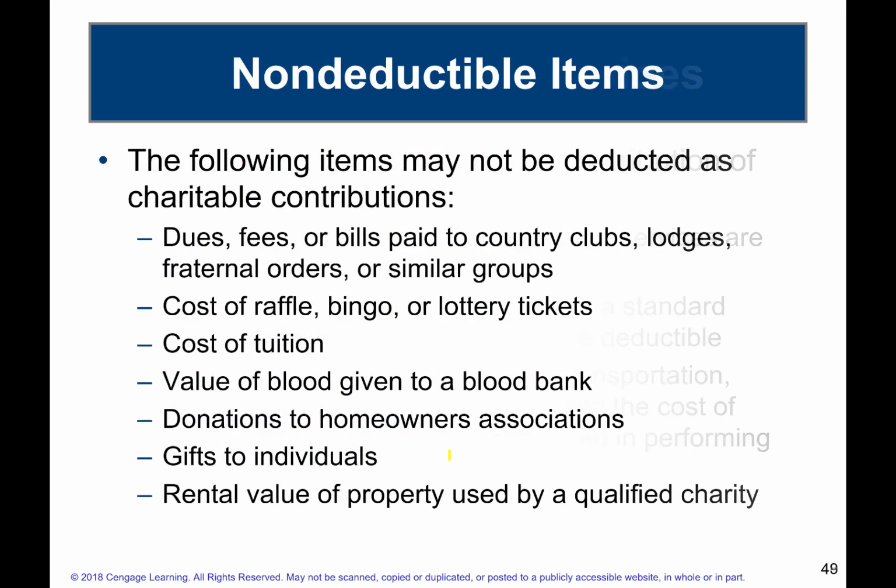Okay. All right, good. Other non-deductible items: dues, fees that you pay, even if it's a not-for-profit organization, you pay your dues to belong to that, that is not deductible. You can't deduct your tuition. You can't sit there and say, well, wait a minute, UC Berkeley is a recognized charitable organization, and I did pay my tuition, so let me deduct that. That is not going to work, guys. You're getting something of value back. You're getting the education, right? Okay, the degree, etc. Value of blood given to the blood bank. Okay, can't deduct that. So some of these things are almost comical, but they're pretty obvious things that you can't deduct.